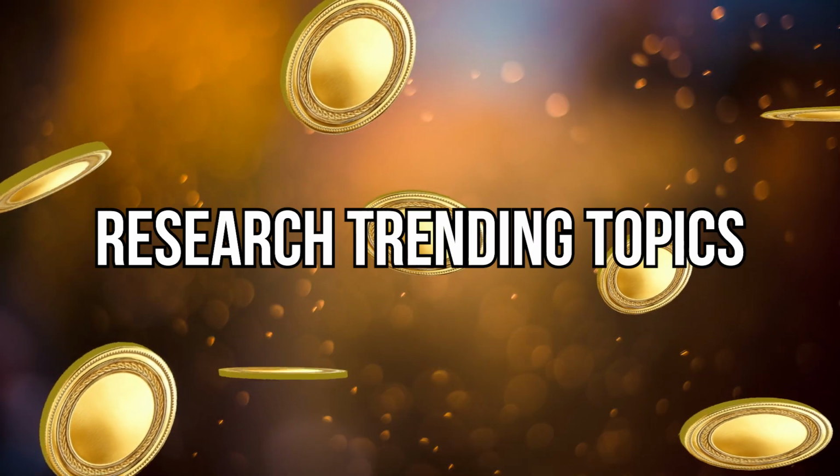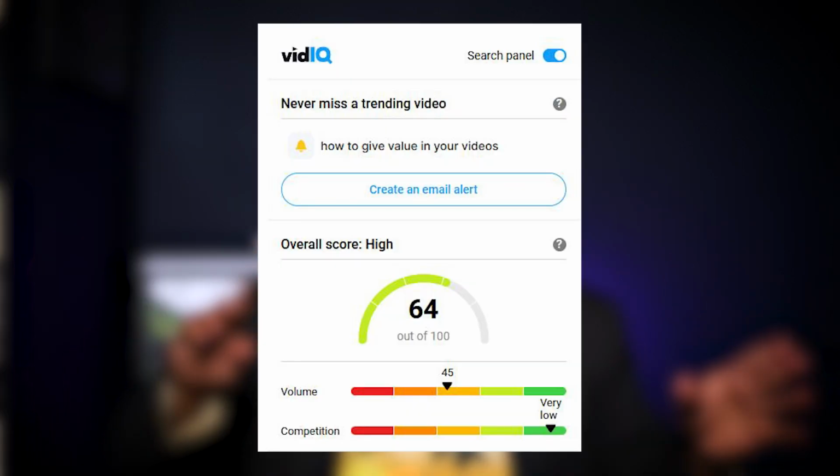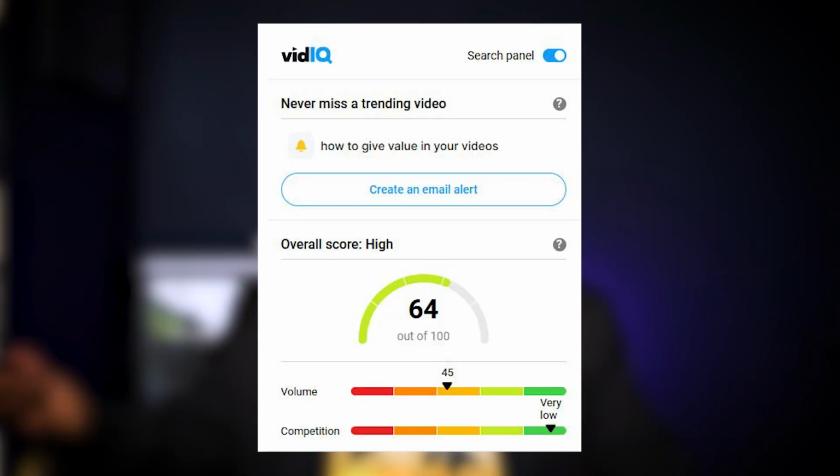Point number 2. I use VidIQ to search trending topics on YouTube of what people are looking for. What topics are they searching on the platform that they want to watch? And you ask yourself why. Write the keywords, write the topic that you think you have an idea for, and let's see the demand. With the score that VidIQ gives you, 60 points or more, that's a good topic. Less than that, it's going to be iffy.